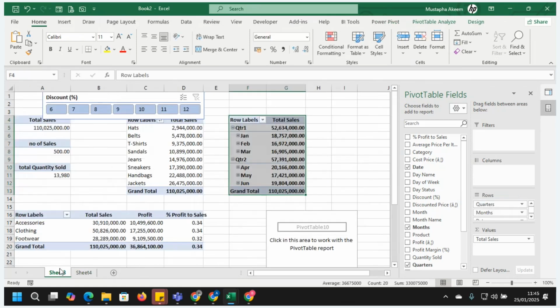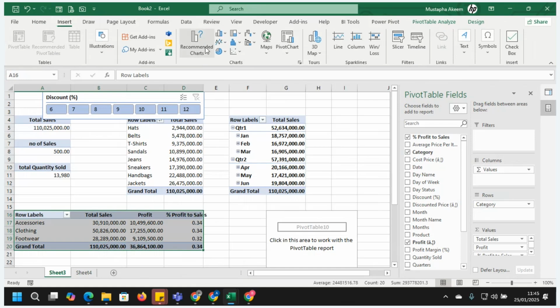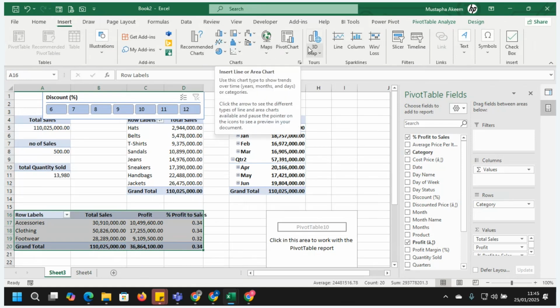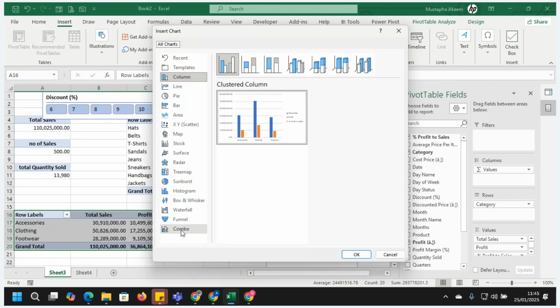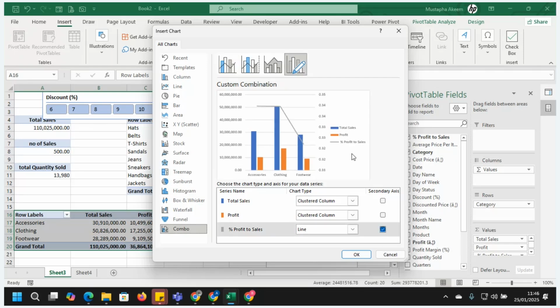Let's look again at this one. How can we present this? Let's quickly click on insert, insert pivot table or pivot chart. Click on this. I'm going to use a combo chart for this. A combo chart. Because this percentage is very low compared to the two of them, we cannot see the percentage. This line is just like when you are comparing 0 with 30 million. Not possible. So I'm going to make this one a line. And I'm going to make it what?